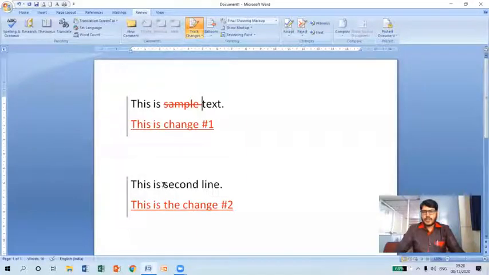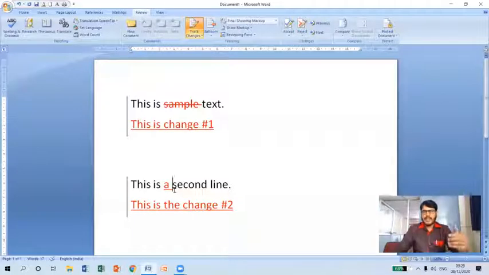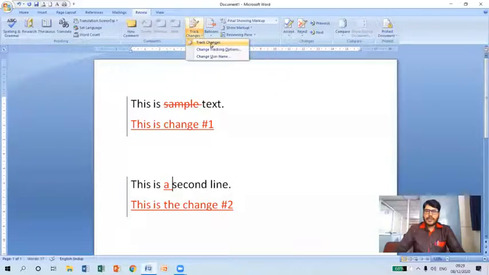And also this is a second line. So here I'm going to include a letter, and I'm going to leave a white space now. So these are the several changes I made after enabling track changes. Now in this document, I have enabled track changes option here.